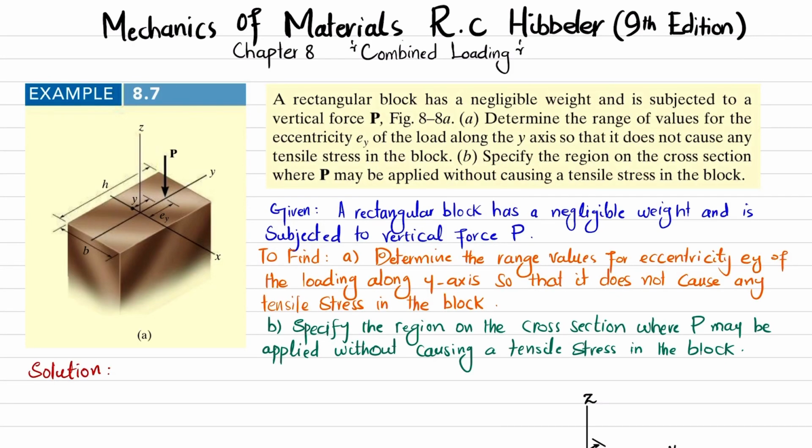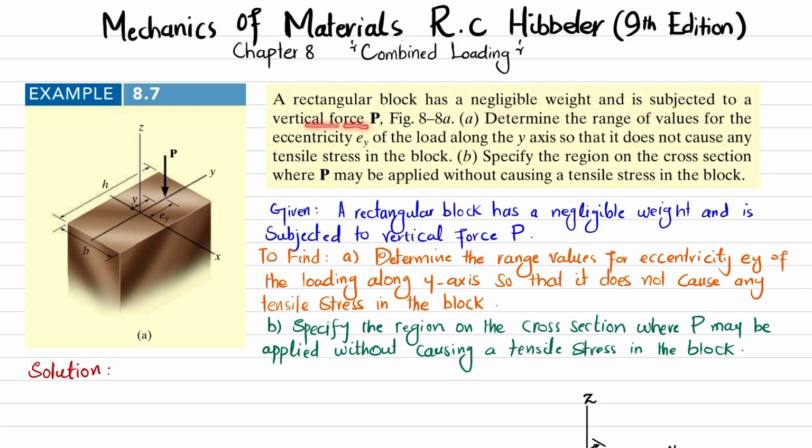In this video, we are going to solve example 8.7 that is taken from chapter number 8, Combined Loading, and the book name is Mechanics of Materials by R.C. Hibbeler, 9th edition. So the statement is: a rectangular block has negligible weight and is subjected to vertical force P